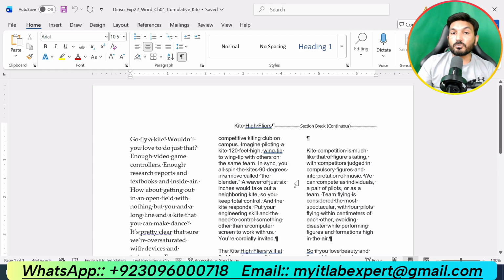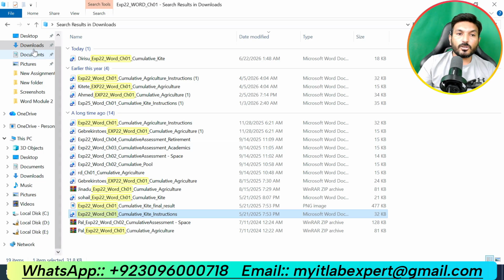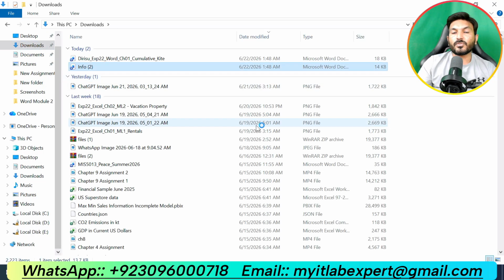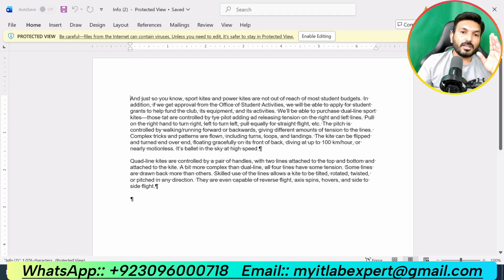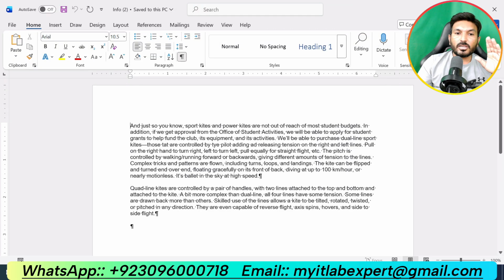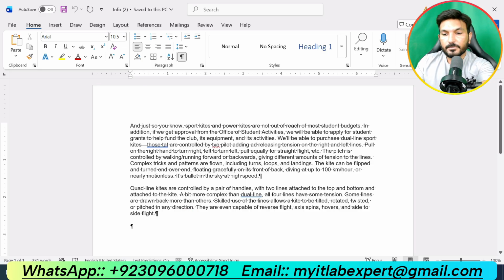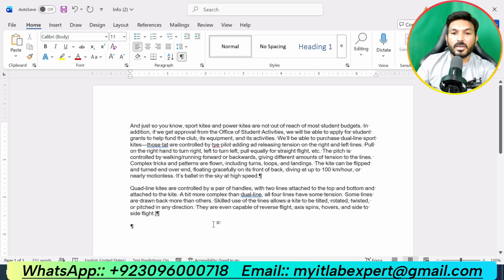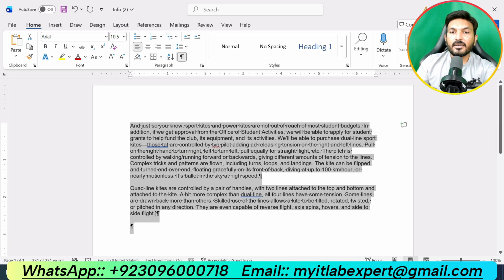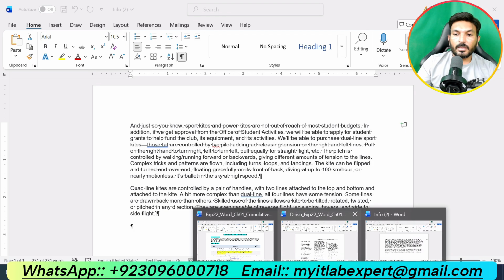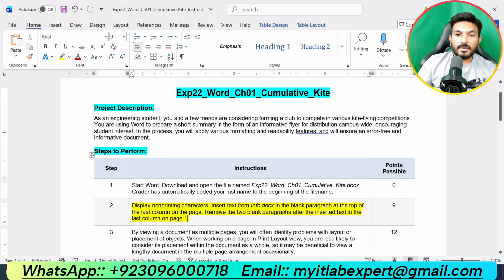Then we are supposed to open the info docs. I have already downloaded it and you can download this from your Pearson dashboard along with the assignment files. Now we are supposed to copy this text, and it is saying insert the text from the info docs in the blank paragraph at the top of the last column.